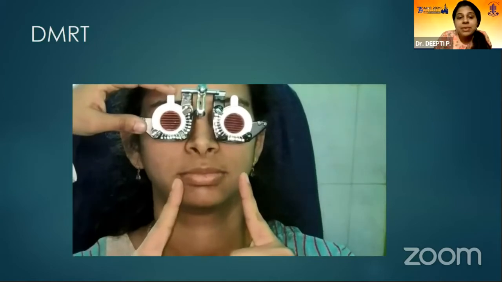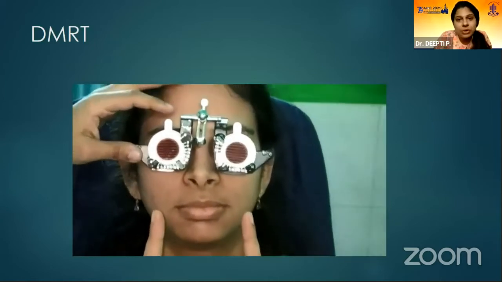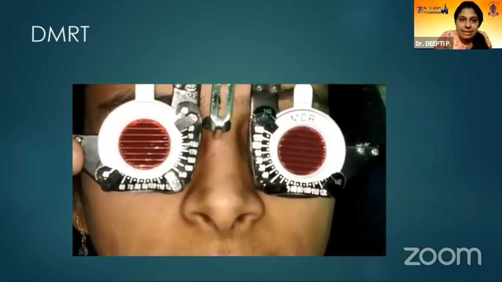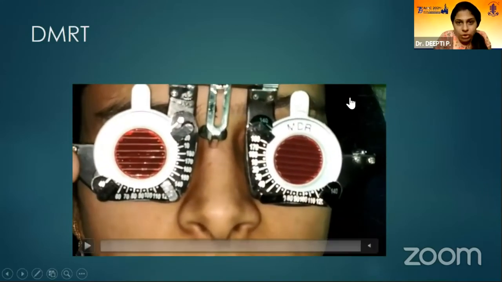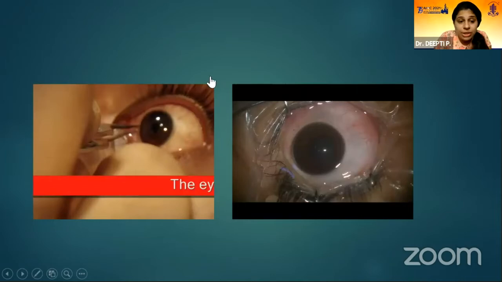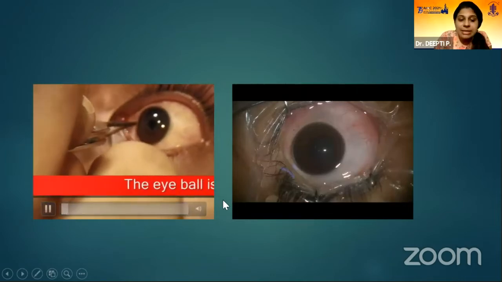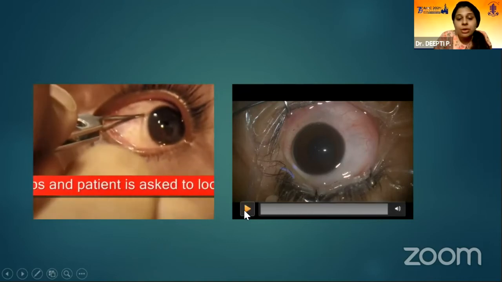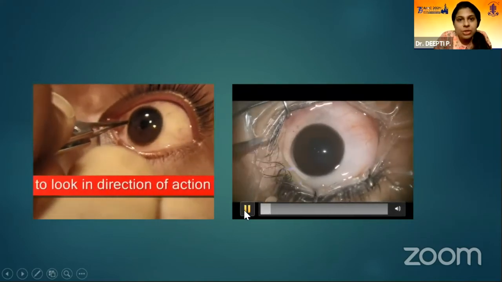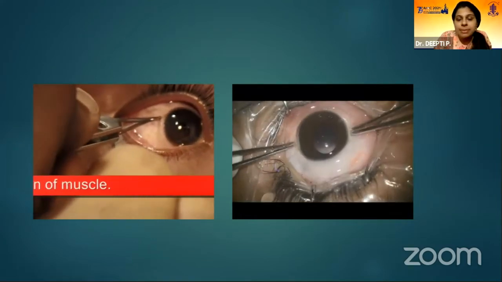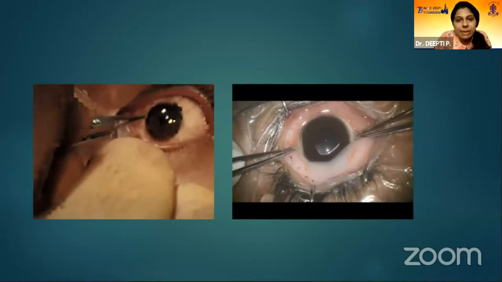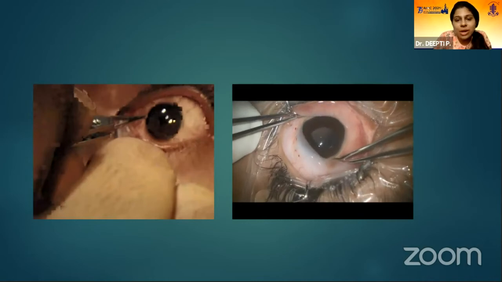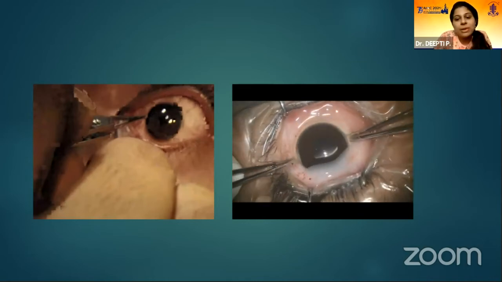For example, if you find a superior oblique palsy, you can do a Bielschowsky head tilt test, or you can perform a double Maddox rod test to find out the amount of the torsion. If you happen to find any nerve palsies, then in those cases maybe you would have to plan the type of the surgery. You can do an FDT in the OPD, or an FDT on table. So these are a few special tests which help us in going the extra mile before performing a surgery on the patient.